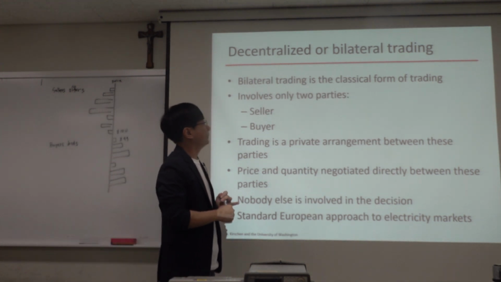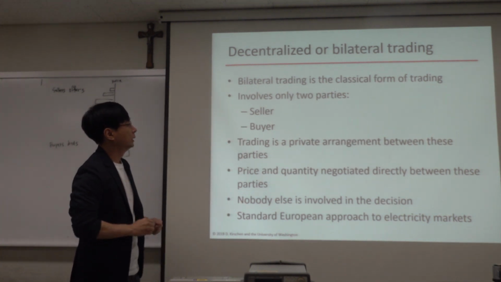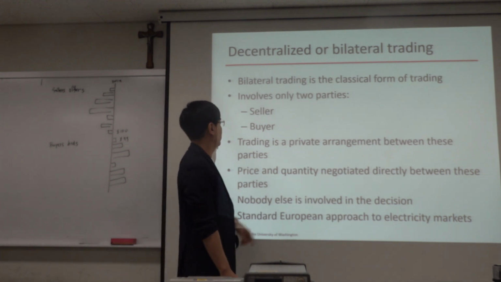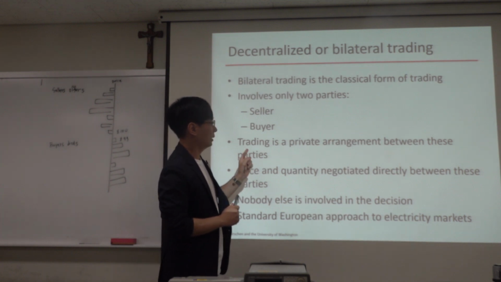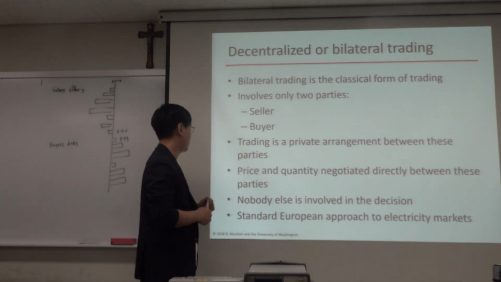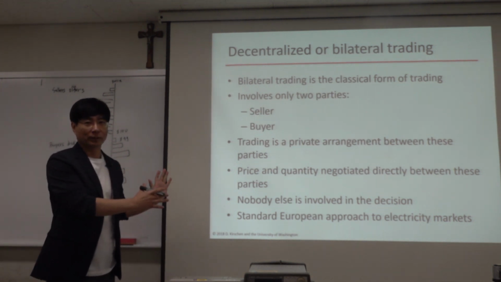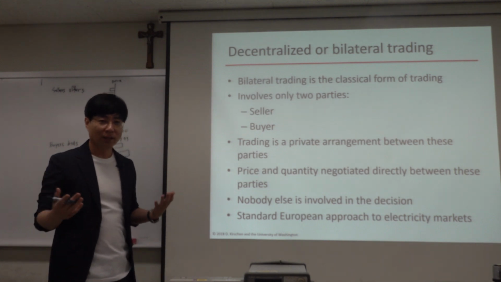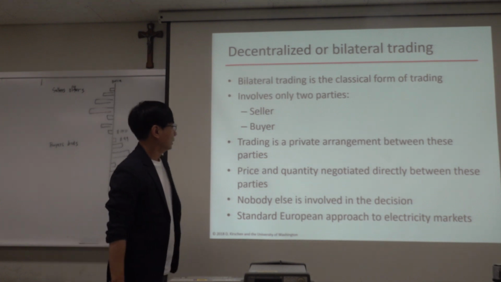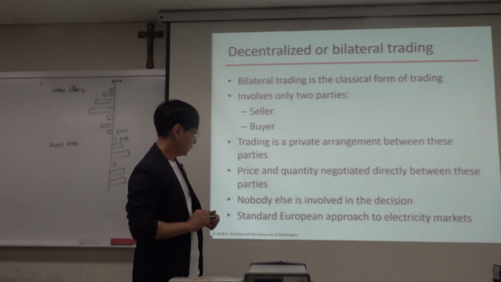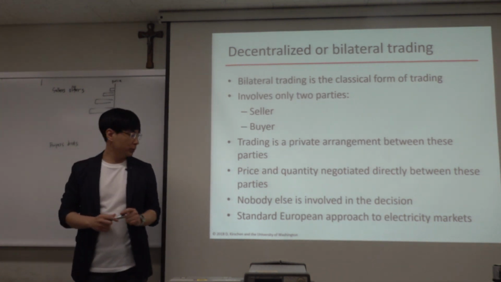So this bilateral trading involves only two parties, seller and buyer, and this trading is a private arrangement between these parties, and the price and quantity are negotiated directly between these two parties. So you need to look at this order book to make a transaction. So you can stay, wait, or you need to grab the offer or bid. Okay? So nobody else is involved in this decision,